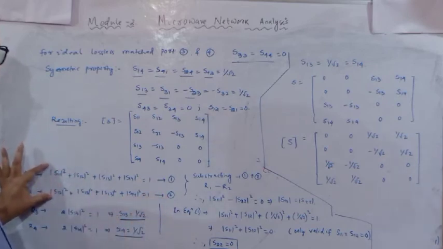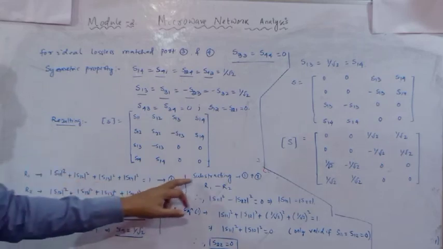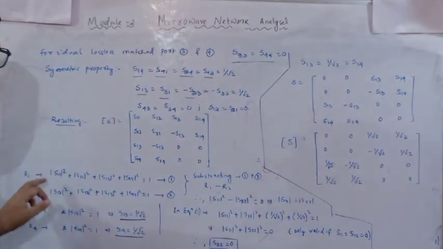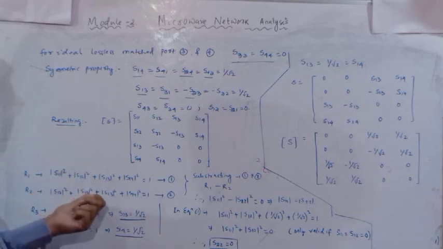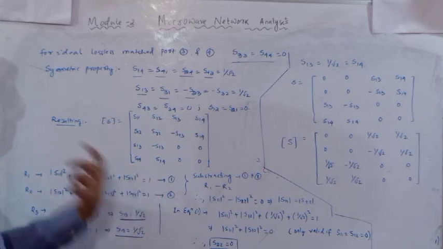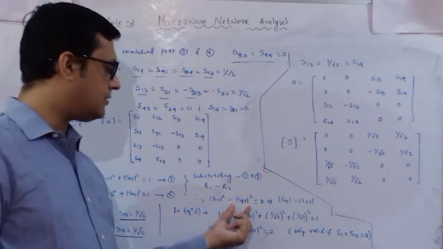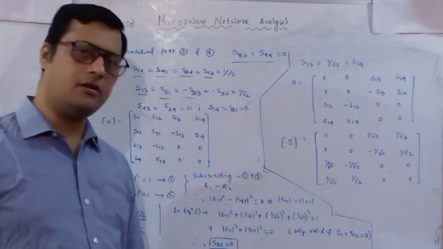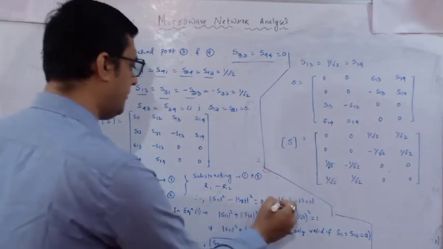With the help of this R1 and R2, the unknown component we can determine, that is S11. If you subtract these two, as I have written, subtracting row 1 with respect to row 2, S11 is left, S12 is cancelled out, S22 is left, S13 is cancelled out, S14 is cancelled out. So we are left with S11 square minus S22 square is equal to 0. So that means your S11 must be equal to S22. Done? So it is equal. So this condition we have identified.